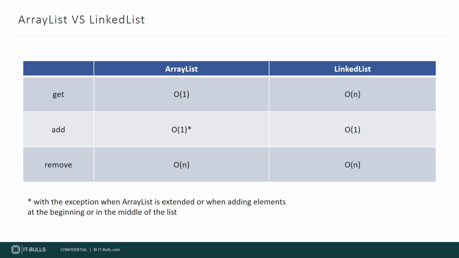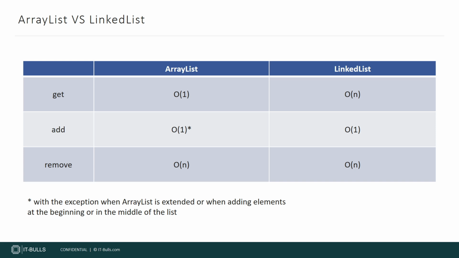Add elements to the list. ArrayList adds always for constant amount of time, the same as linked list. I'd like to make a note here. This notation is from the book Java Generics and Collections by Philip Wadler. You may find it on the internet if you wish, and I want to say that this is an average value listed here. Why? Because adding elements to the end would take constant amount of time in both containers, but